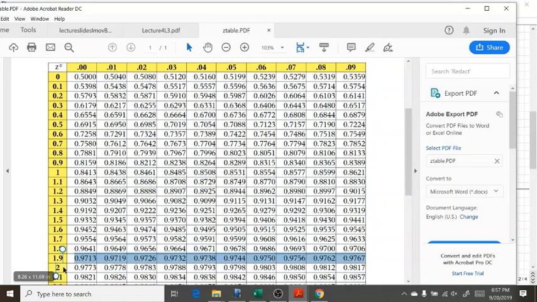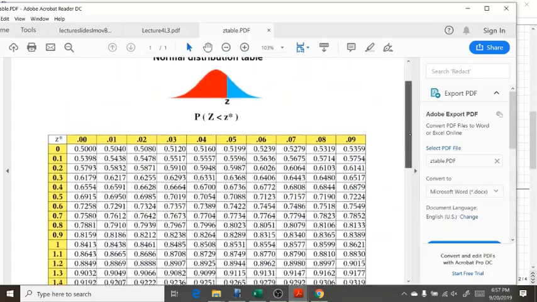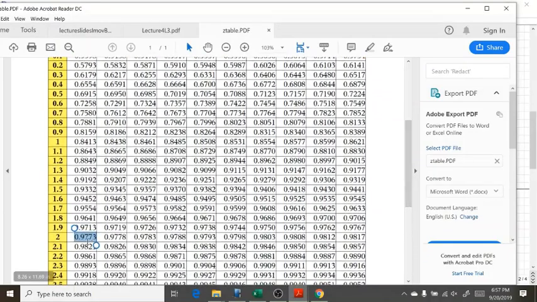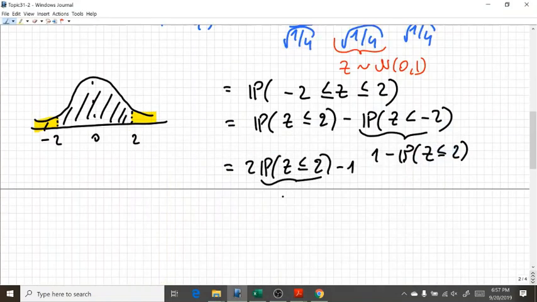I find 2, and my second decimal is 0. So I end up having this probability, this area in the red left area. 0.9773, and I let you double check that this actually provides a